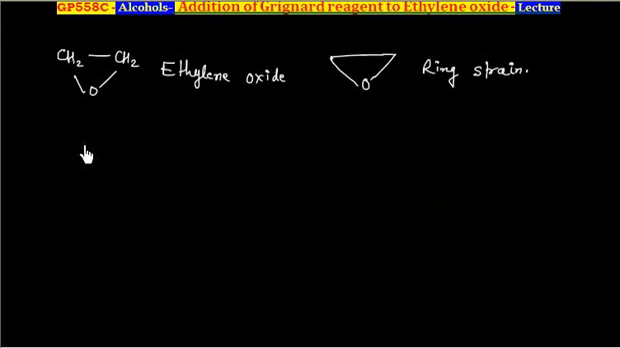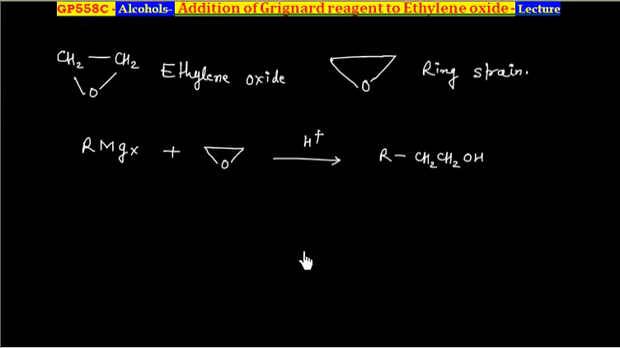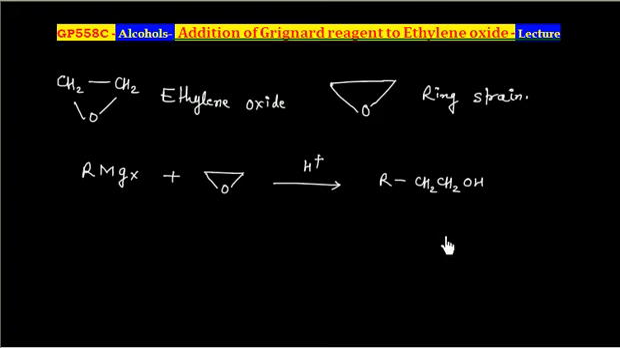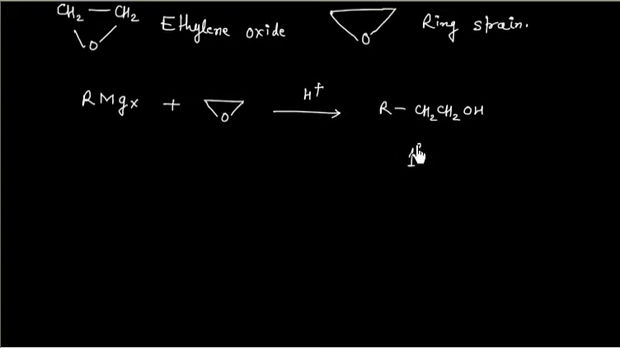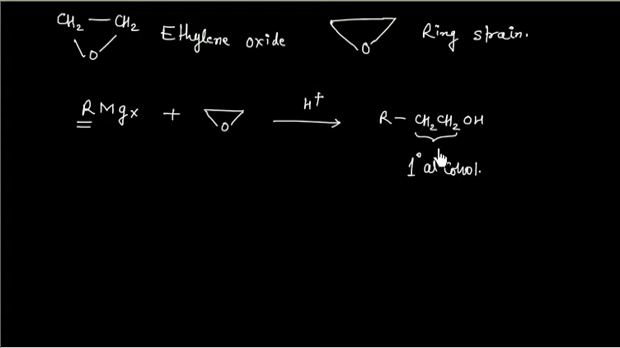reagent. So if I have a Grignard reagent RMgX, it is treated with ethylene oxide. Further acidification, it gives RCH2CH2OH. Now this can be used as a method of preparation of primary alcohol. So this is a 1 degree alcohol, and you see R contains now 2 more carbons. So this reaction is used to prepare alcohol that has 2 more carbons from the parent chain carbon, and it